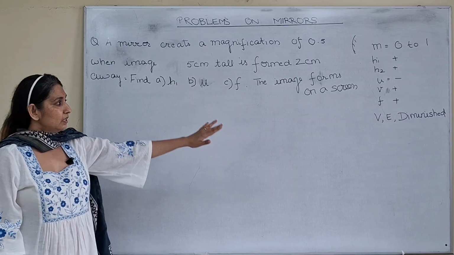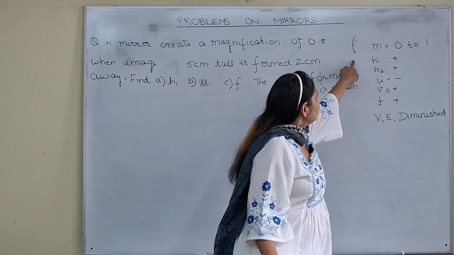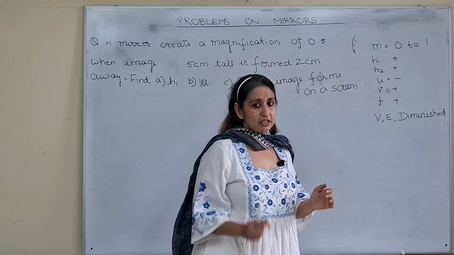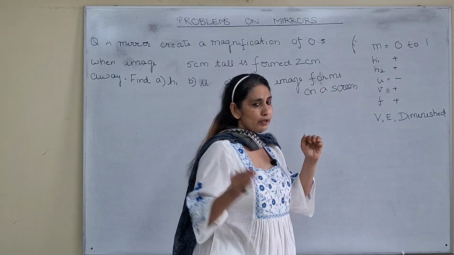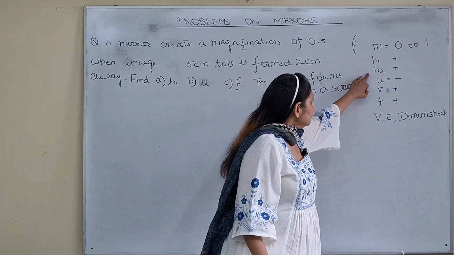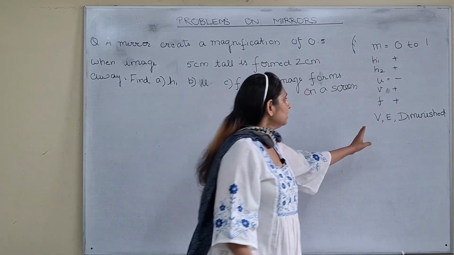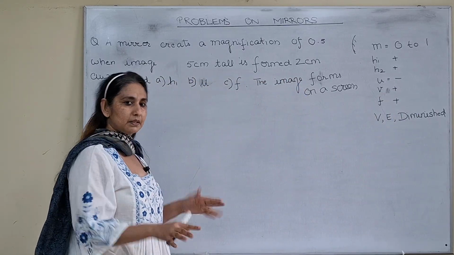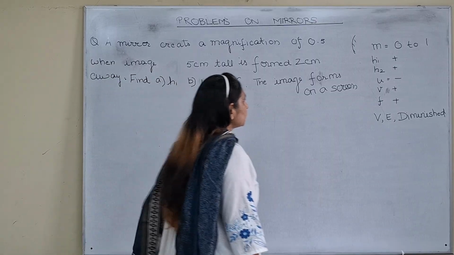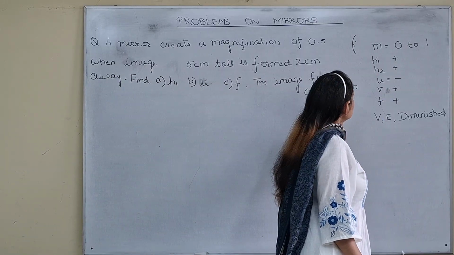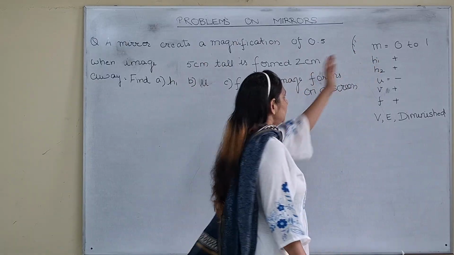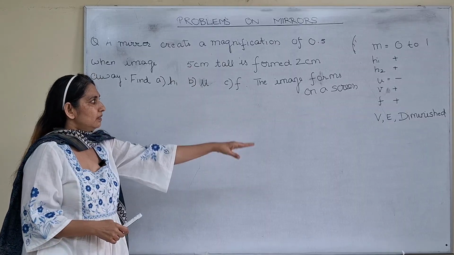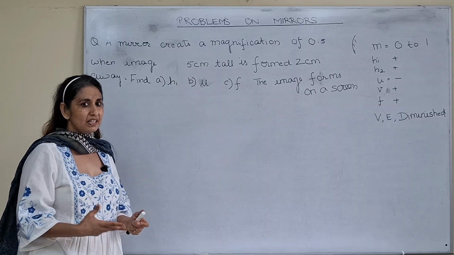Okay, so I have not written here, but for a recap, in a convex mirror, these are the facts about convex mirror, that its magnification always lies between 0 and 1, 0.2, 0.8, 0.7, and these signs I hope you'll understand. And the image is always on the right side of the mirror, virtual, erect, diminished, बस और कोई टाइप की नहीं होती. Its focal length is on this side, its object is always here, and the image is always vertical. Just rethink about the convex mirror and you will be able to recollect all these things.